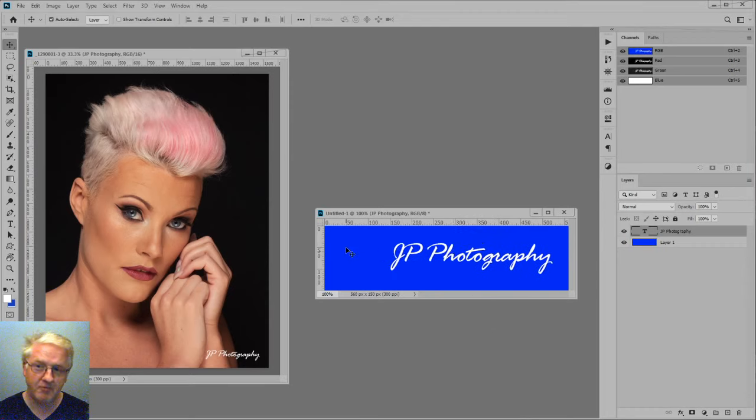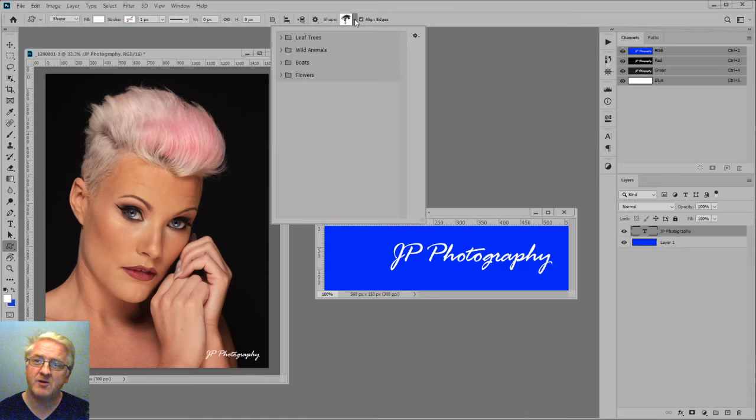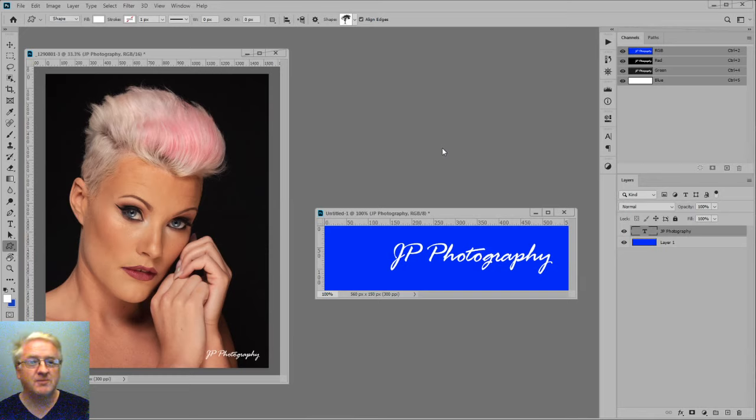Now I want to put a little copyright symbol in here, okay? It's handy to have it, okay? Now yet again, until last couple of months ago, it was very simple to put in a copyright symbol. There used to be in this bottom corner here, there's custom shape tool. You could click that and you could just choose the shapes from here, and you could add in shapes and stuff like that. But for the life of me, Photoshop are always changing things, and they kind of mess up how easy it is, and then they call it a feature, right? So we're going to go about it a slightly different way. To put in a copyright symbol,